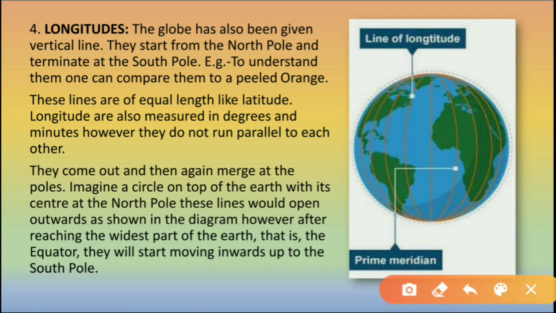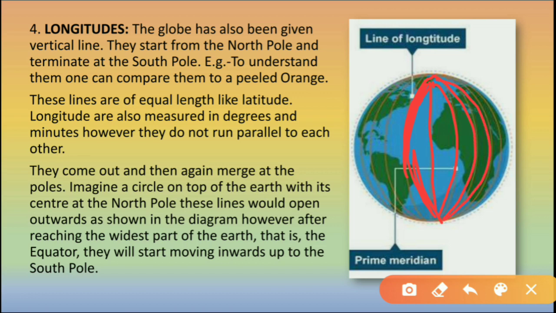They come out and then again merge at the poles. They come out and they again merge at the poles, means this is the north pole and this is the south pole. So this is the vertical line. They come out from the north pole and they get widened at the center and then they again merge to the end. मतलब वो यहाँ से शुरू होते हैं, बीच में वो थोड़े wide हो जाते हैं, and again they merge to the south pole. So this is actually the shape of the